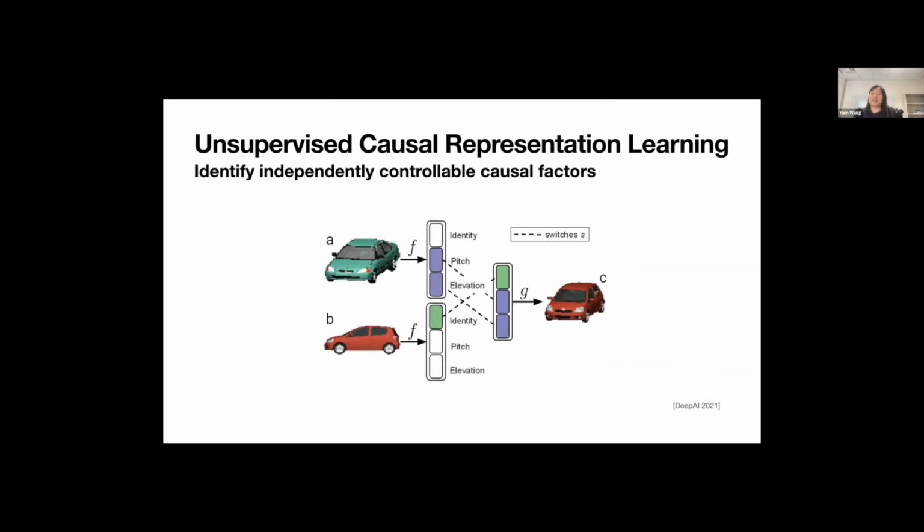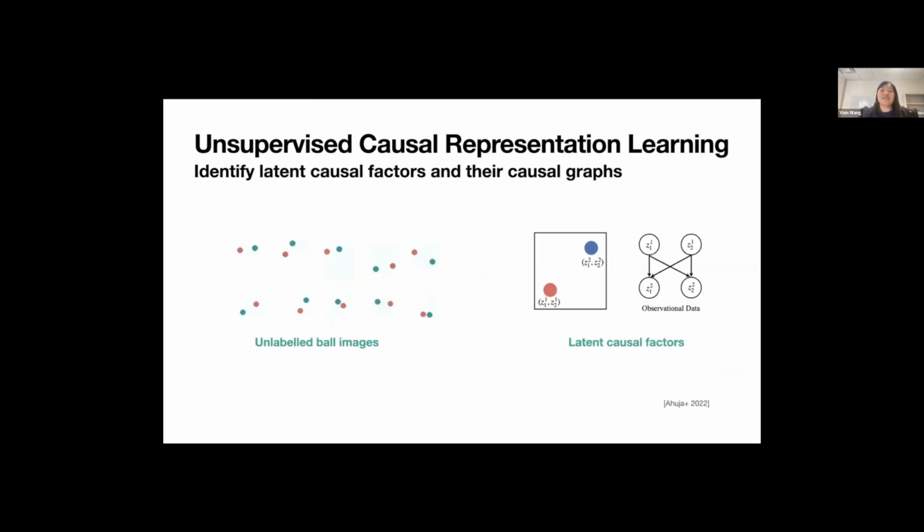One thing, as I mentioned, is once we were able to identify these latent factors, where each of them corresponds to some latent causal factor that's semantically meaningful, then I can consider mix and match. I can consider new combinations of these causal factors and create new car images. All right. And we may also be interested in harder tasks